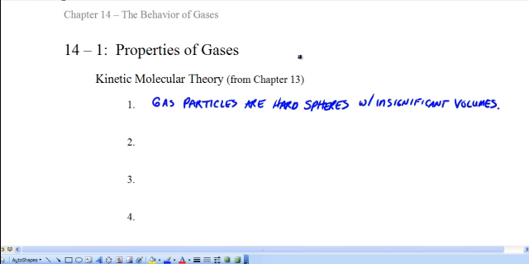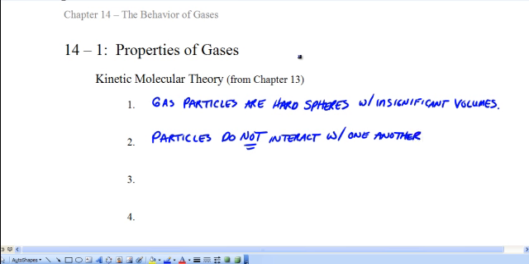Number two, it says that particles do not interact with one another. Now, is that absolutely true? No. They actually do interact with one another to a small extent, but for the most part you could ignore that in the calculations. Number three, the motion of the particles